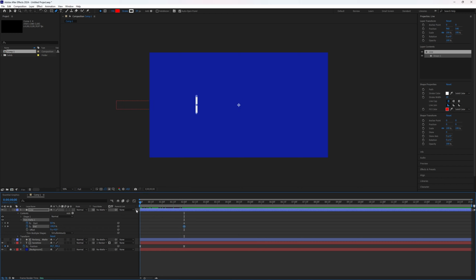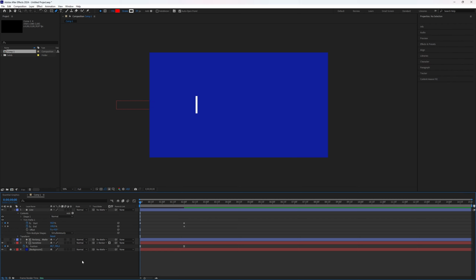And then I'm going back to the beginning, and here I'm going to put my start at 50%. And as you can see, it halves the line. I'm going to make the end also 50%. And let's see. Okay, so the text